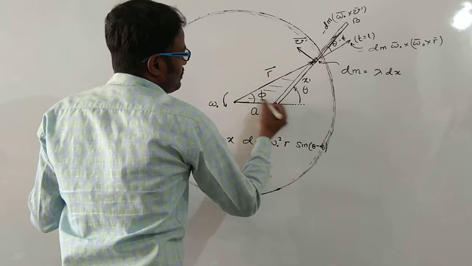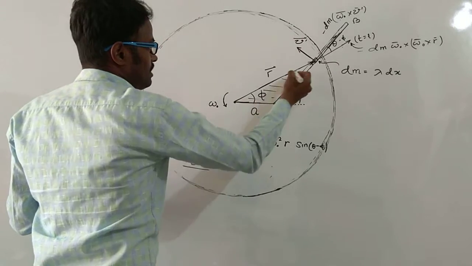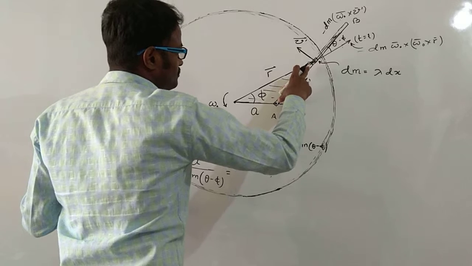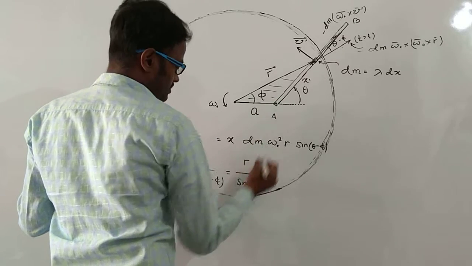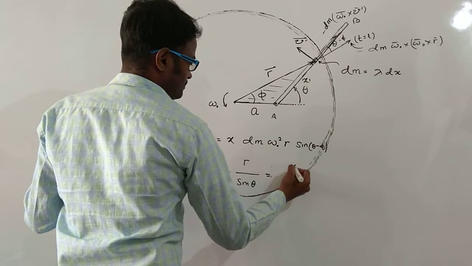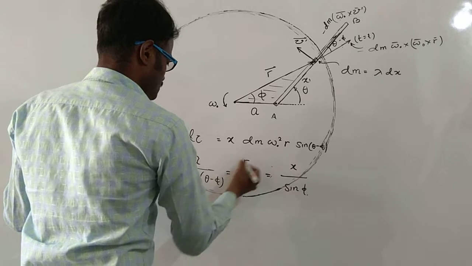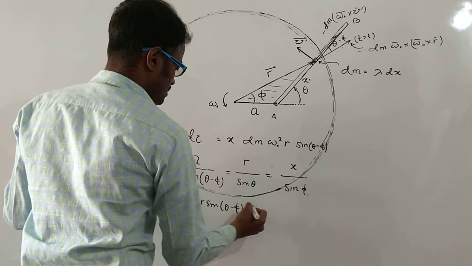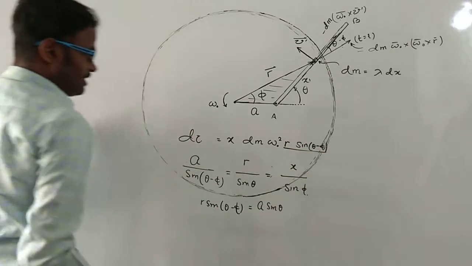So we apply the sine rule on this triangle, thus a by sine of theta minus phi is equal to r by sine of this angle, this is pi minus theta, so finally this is equal to sine theta, and also x by sine of phi. You see here, r sine of phi, from the sine of theta minus phi, is equal to a sine of theta. So replacing this by a sine of theta,